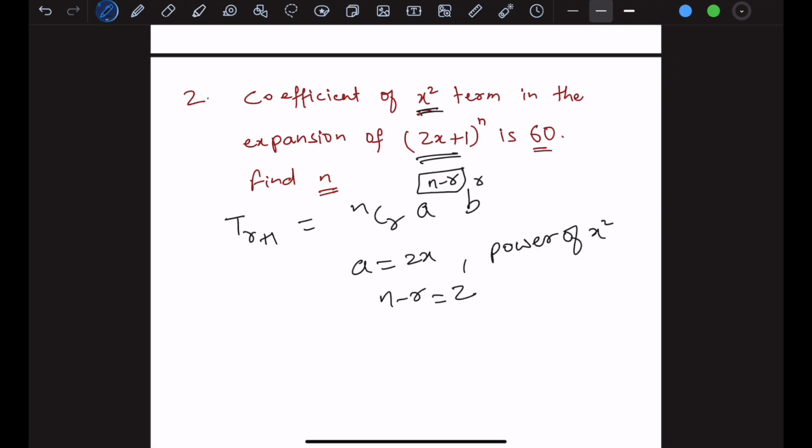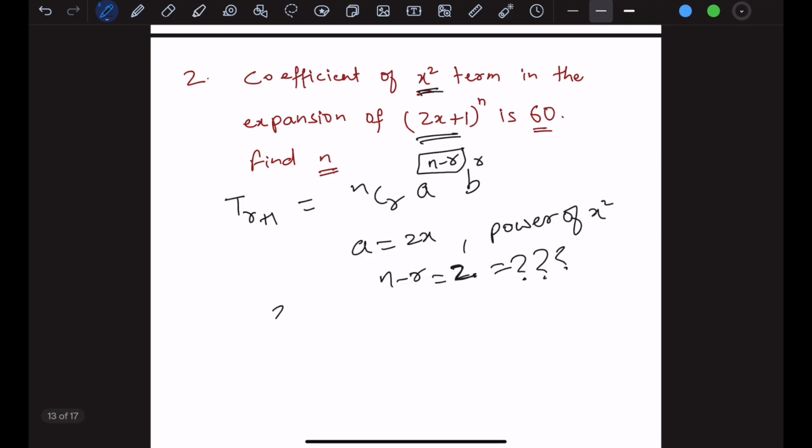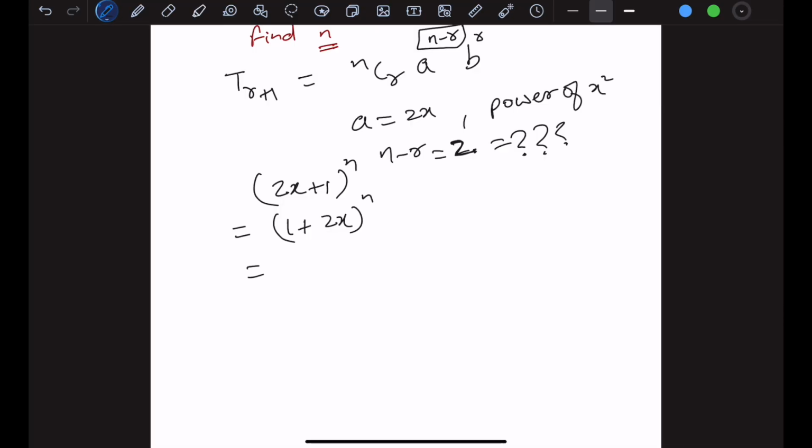We have to find n. Now if you see, we have two variables. We don't know what n is, we don't know what r is. So I cannot solve this. It's not solvable because there is only one equation and I have two variables. So what we can do is rewrite: (2x plus 1) to the power n can be written as (1 plus 2x) to the power n. Now if we expand this,